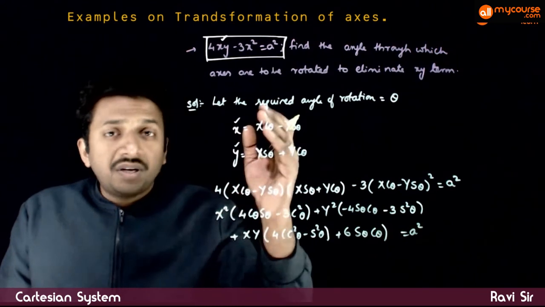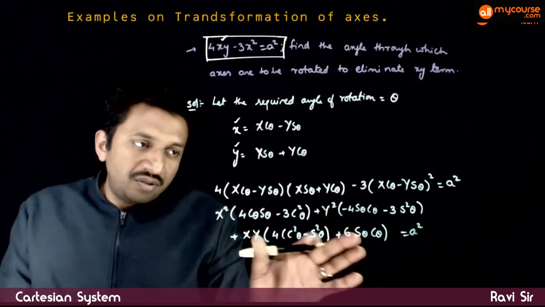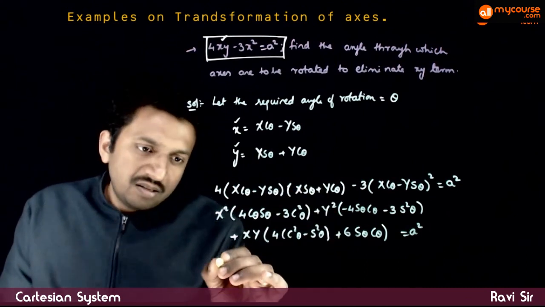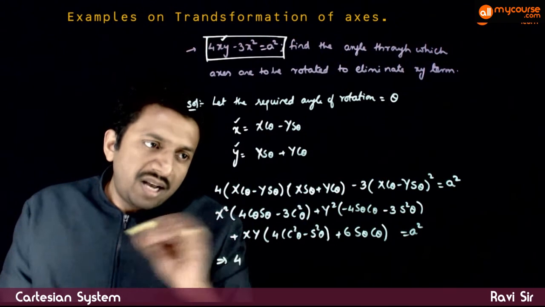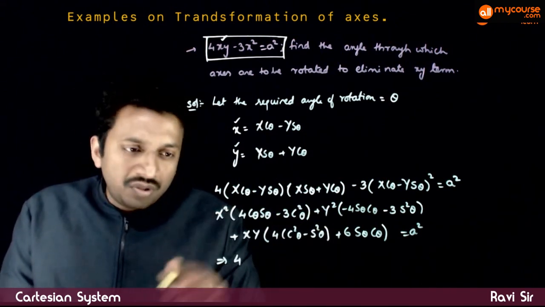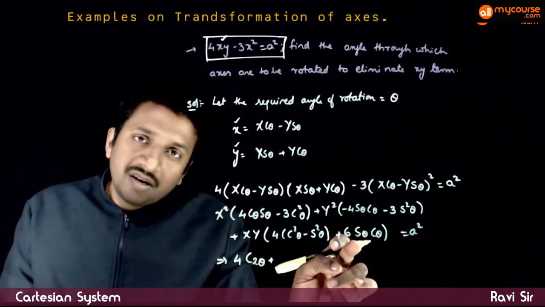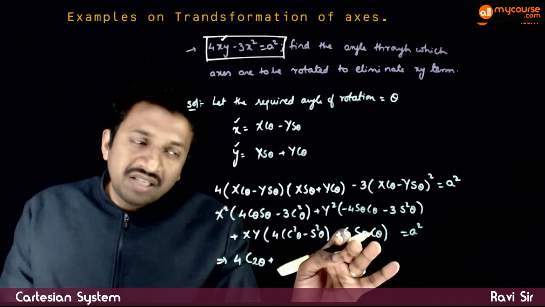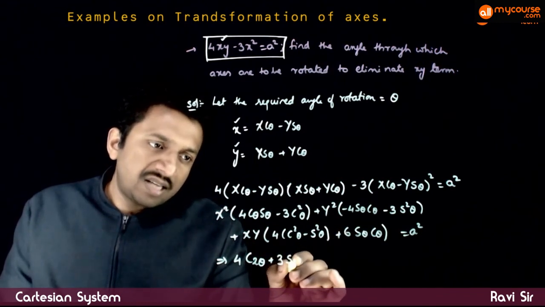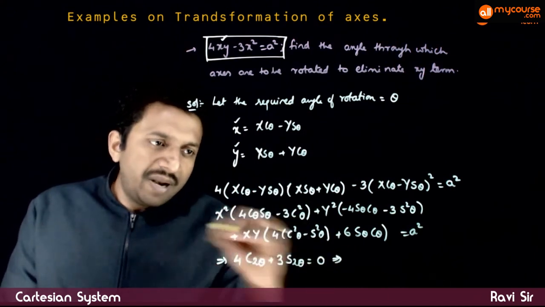Now, according to the given question, the xy term has to be eliminated. So this has to be equal to 0. So this implies 4 times cos square theta minus sin square theta is cos 2 theta, and 4 cos 2 theta plus sin theta cos theta is sin 2 theta by 2. So you have 3 sin 2 theta is equal to 0. This implies